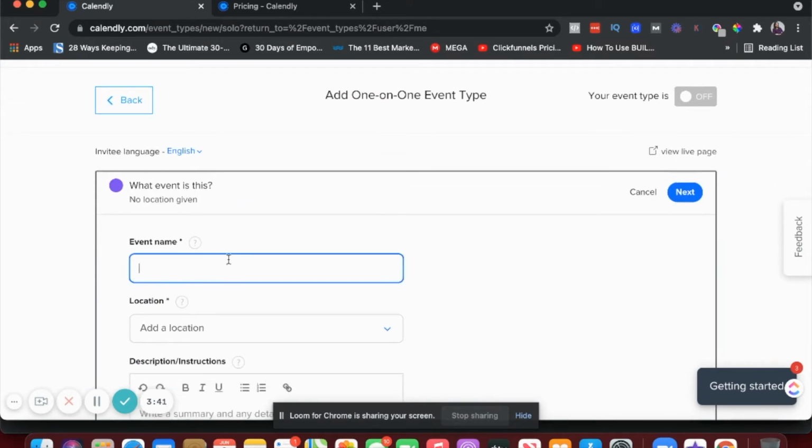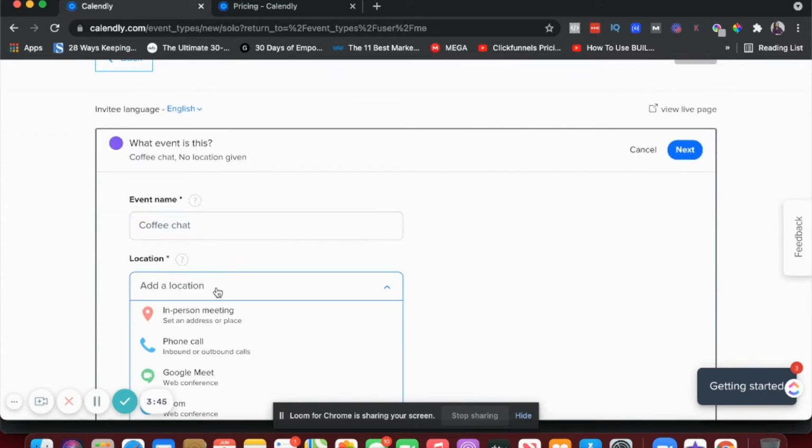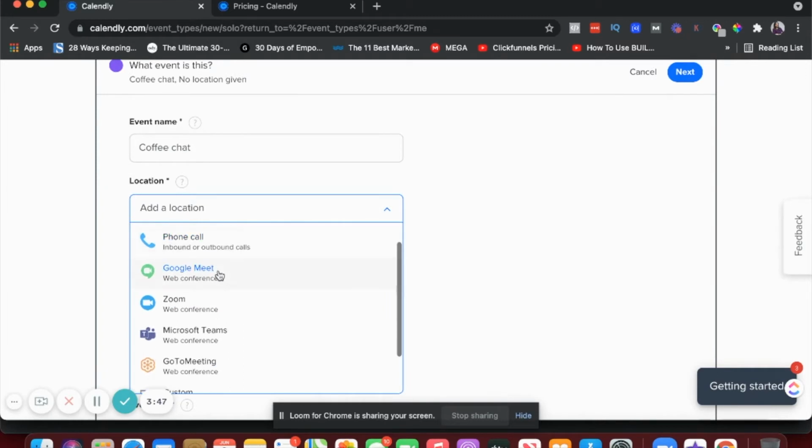You can give it a name, so I'll just say coffee chat. You can add a location. Again, this is important because a lot of times someone books a call with you, or even if you have booked a call with someone, you don't really know whether they're going to call you on the phone, or if it's a Zoom meeting and you'll receive an invite or what, right?